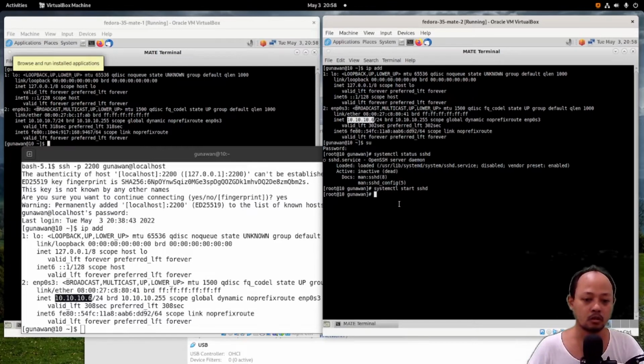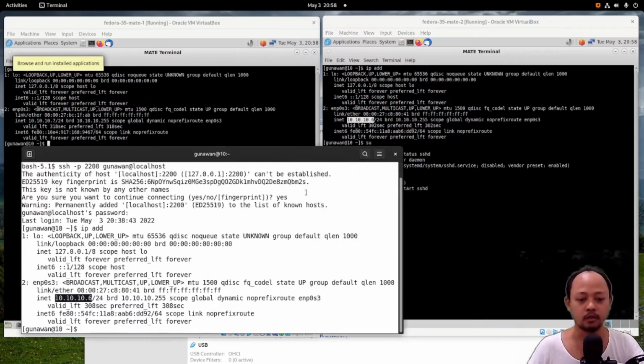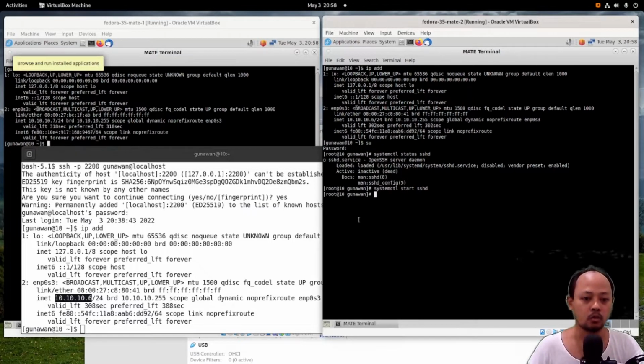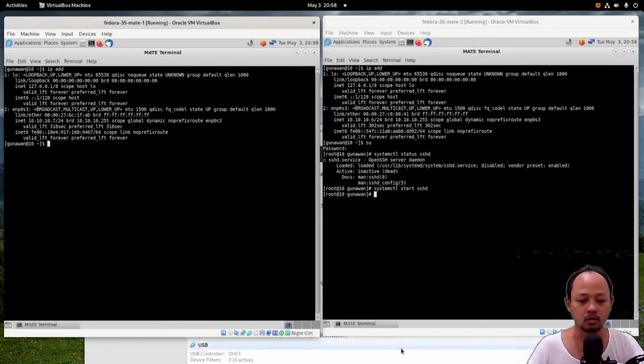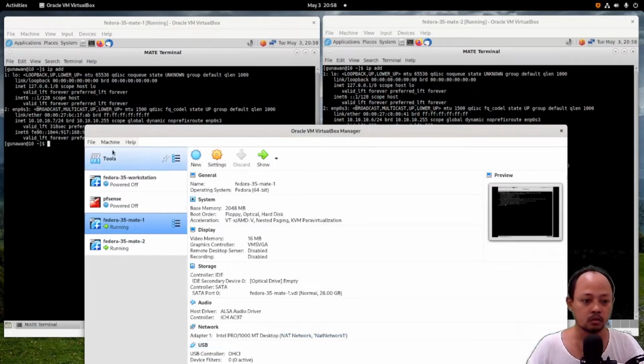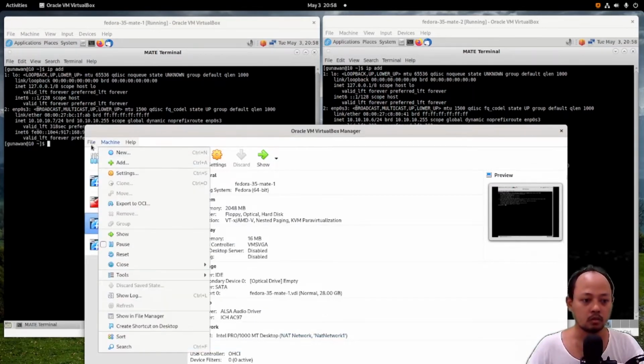It means that we can access the VM from the host with port forwarding. And how if we want to access the other VM, 10.10.10.7? We can set the port forwarding